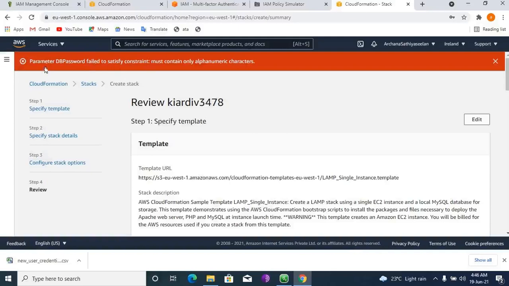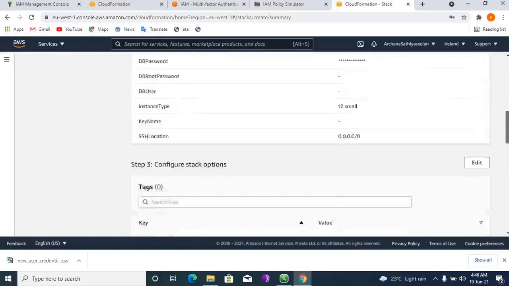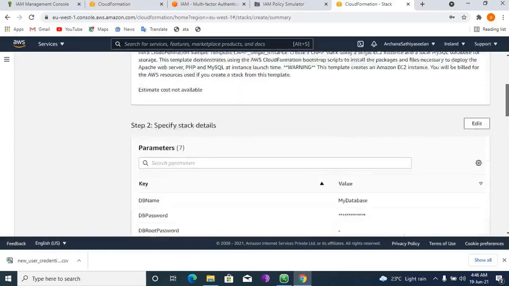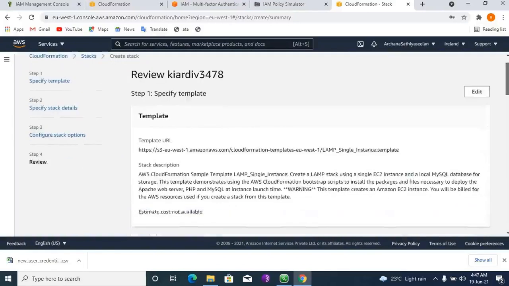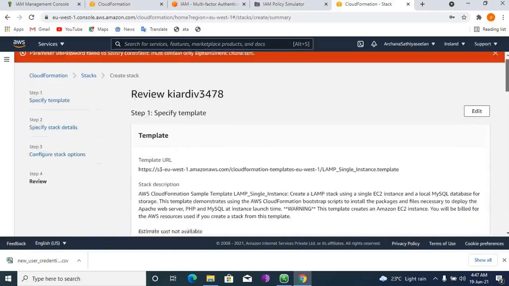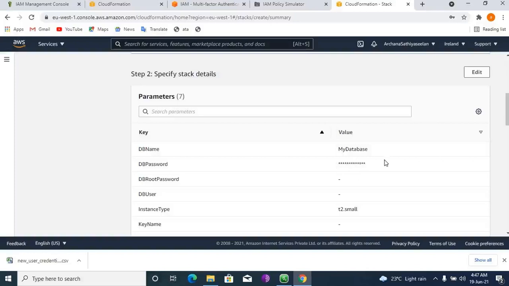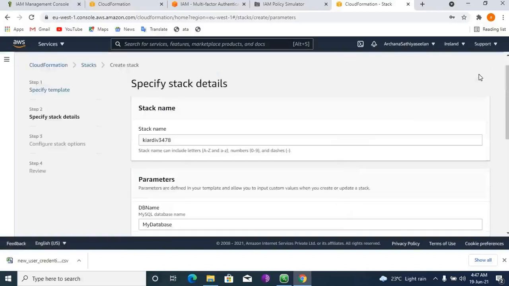What it's telling is that the parameter DB password has to be changed. It's telling to change the DB password. Now I'm going here and editing the password.